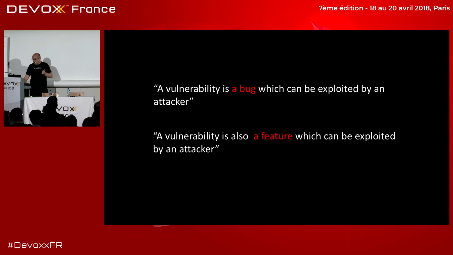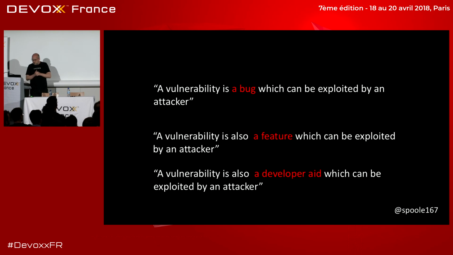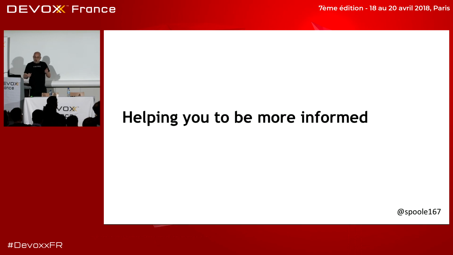So to wrap it up, you've got to add this. Developer aids that we will create ourselves get exploited as easily, if not more so, right? Because we're too helpful. We give information out. Okay, so I hope you're thinking about this, about what you've done and what you could do differently.